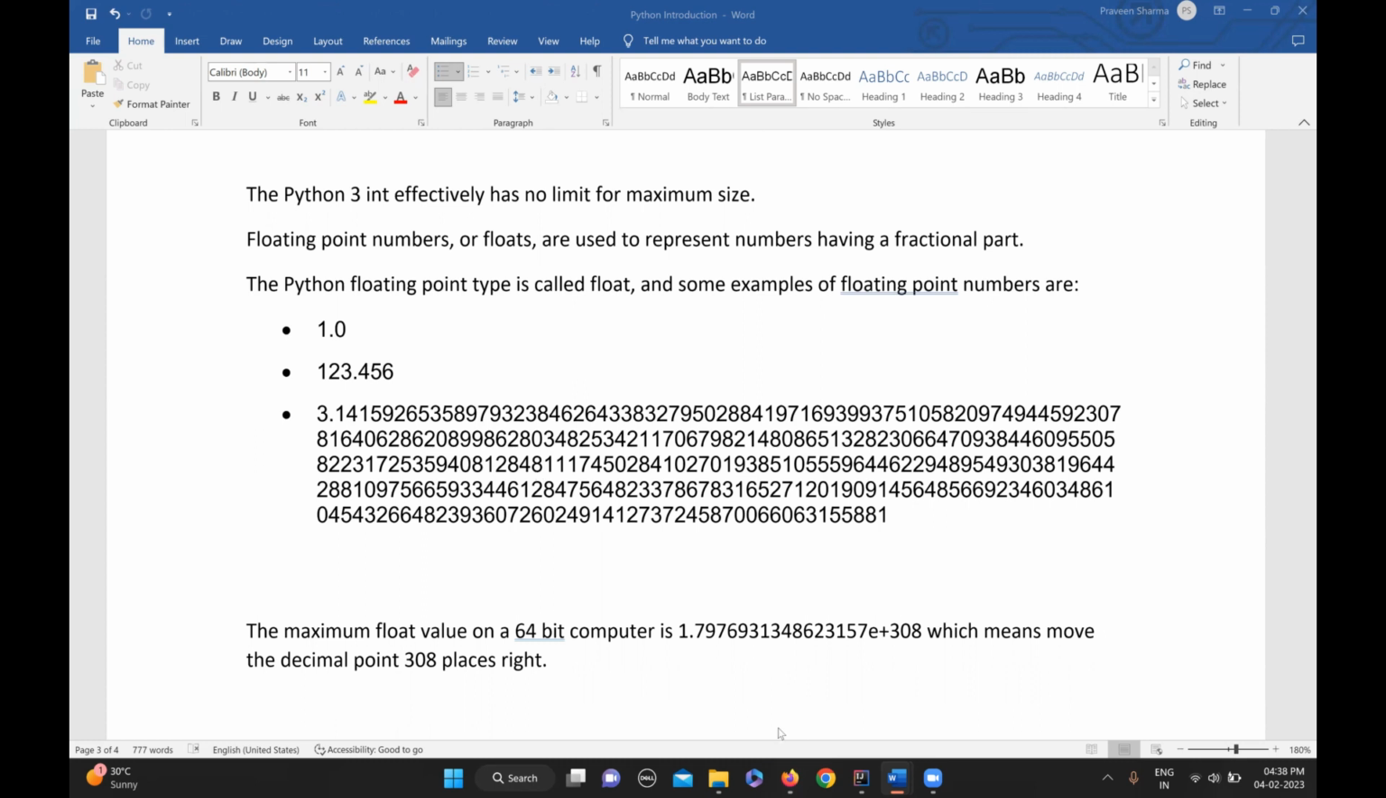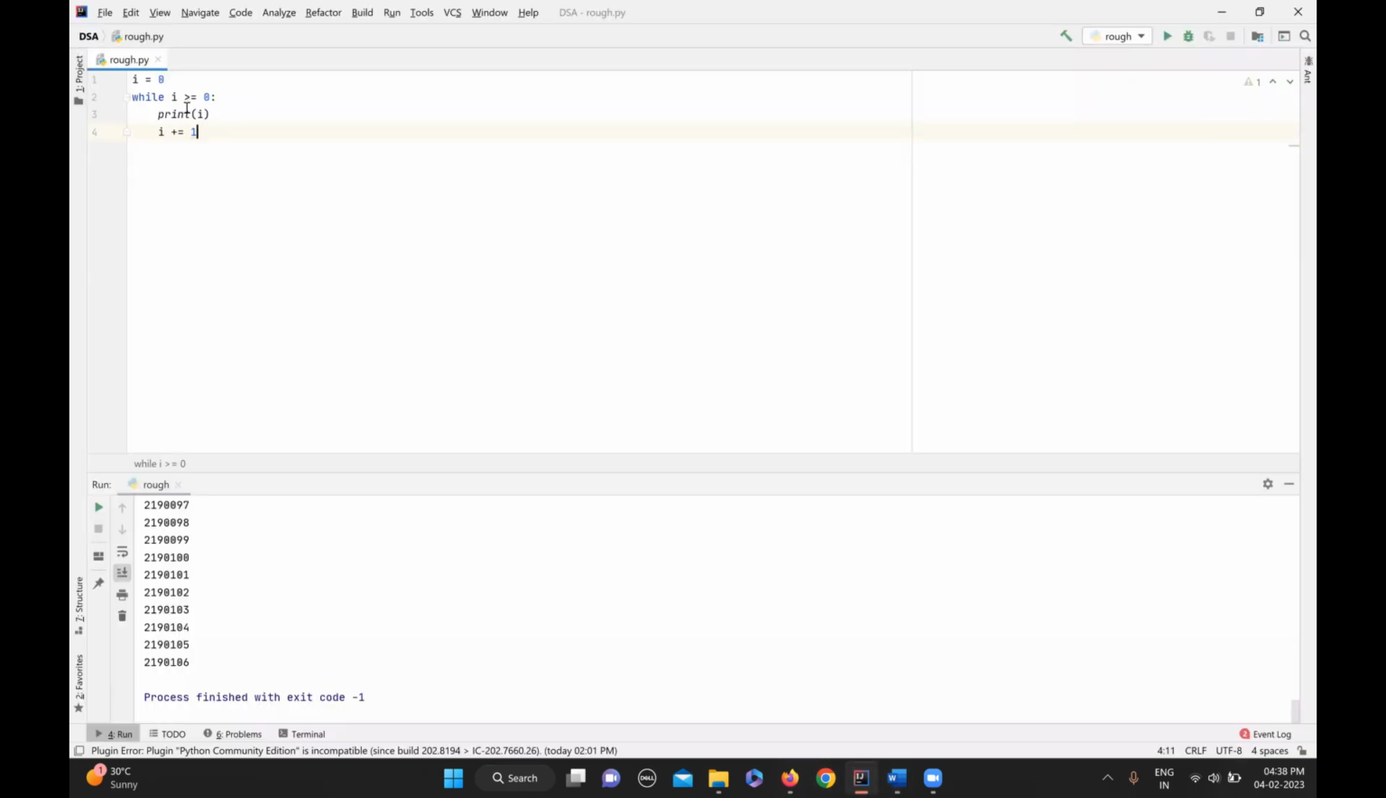So for example, I've written down a code here where I have taken i equals 0, while i is greater than or equal to 0, I'm just printing i and I'm incrementing i. Don't worry about this while statement and other stuff if it doesn't make sense to you for now. I'm just trying to show